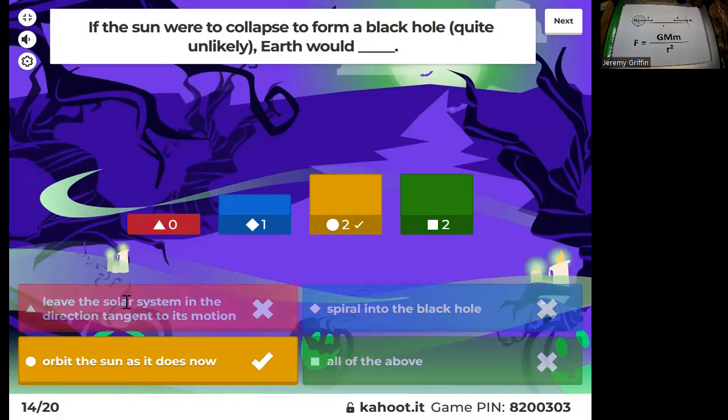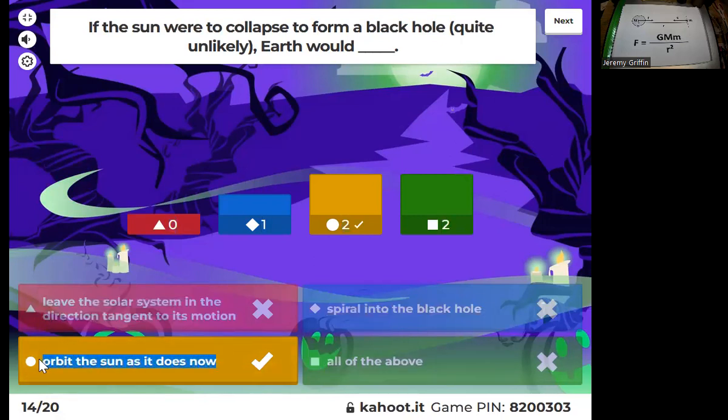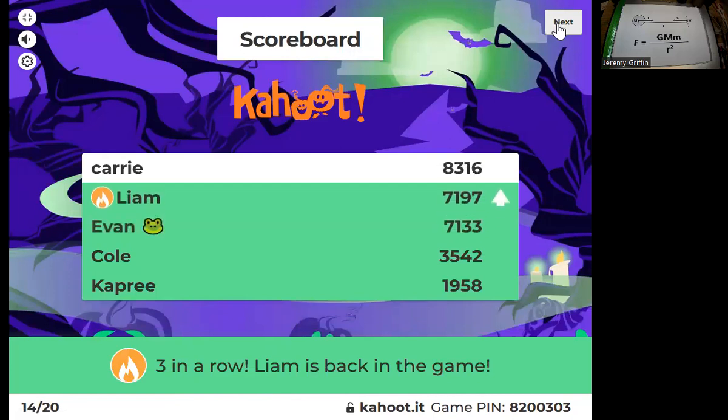If the star collapses into a black hole, its mass stays the same, right? If there are any planets orbiting it, their distance doesn't change and their orbital speed doesn't change. From an orbital mechanics point of view, nothing changes. So it's just going to keep on orbiting just like it does, right? The only change would be it becomes very dark. That's all. Liam on fire, moving up. Terry still top spot.